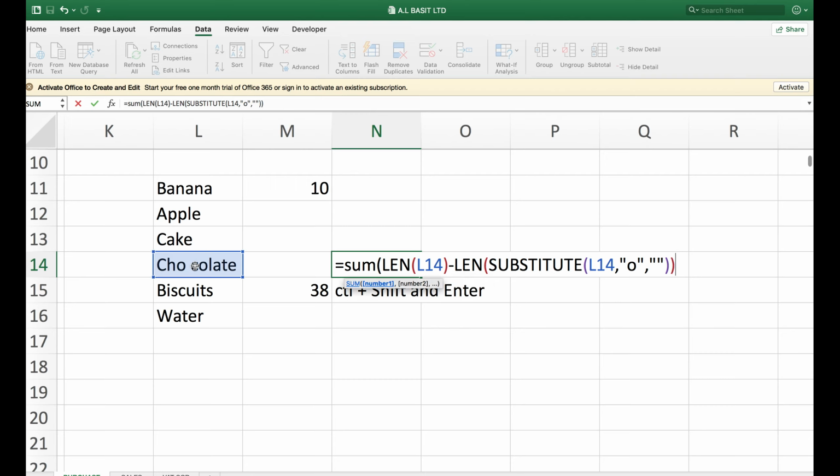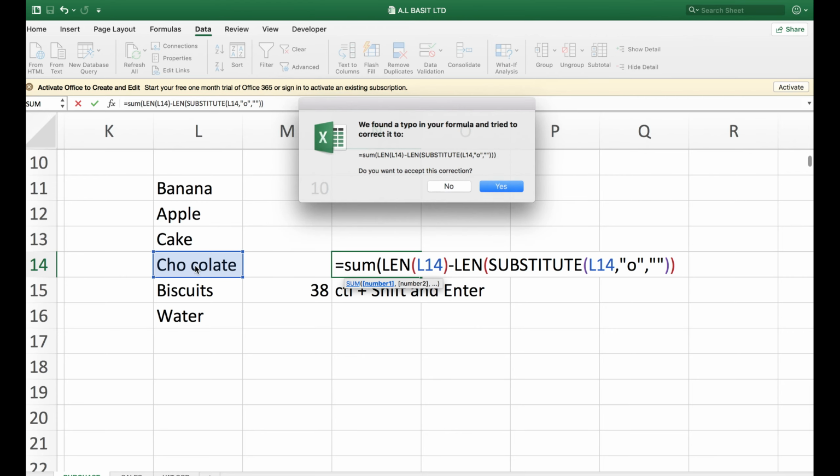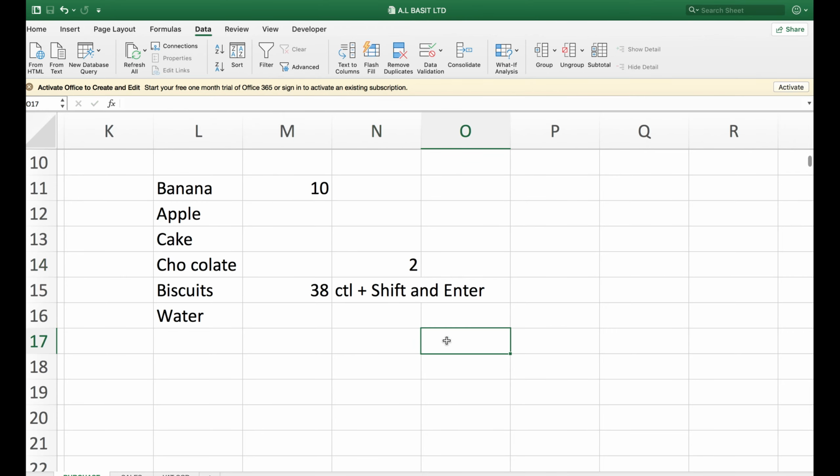Okay, and press Control Shift and Enter, and it will tell me 2. So for example, if I enter another O and click enter, it will go to 3 because I've set the formula, and then it will go to 4. You want to count this and the